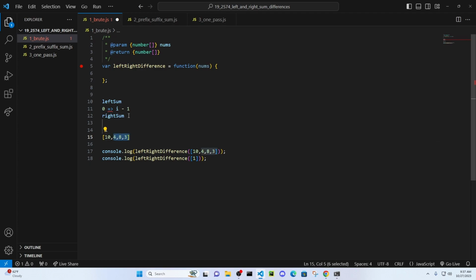And to calculate the right sum, we'll move from i plus 1 to nums.length. So in this case, i plus 1 is the first index. We'll move from the first index to nums.length index, calculating the total and adding each element to right sum. And then based on those calculations, we will run our final calculation, which is Math.abs(left sum minus